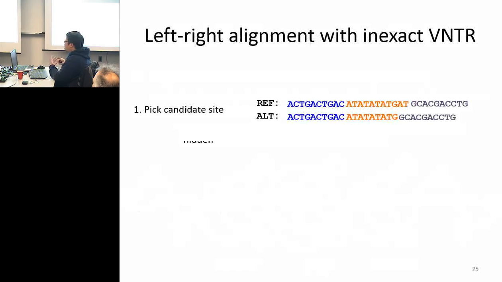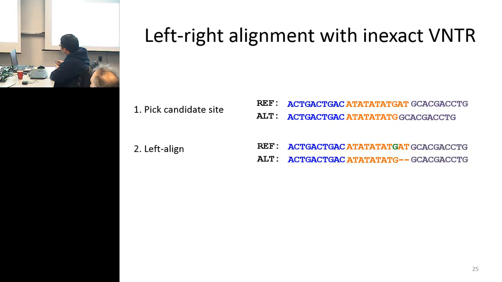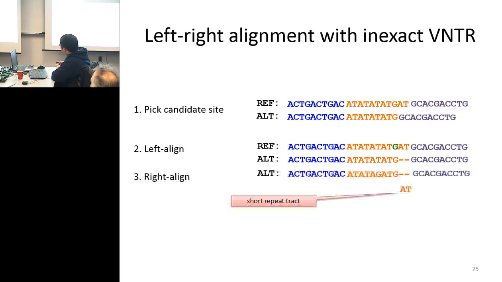So how does this work? We have the first step again, the left and right alignment. But unfortunately, because of this little change here, the G, that's an addition of a G, we only extract a little portion of the repeat track, which is AT here. Assuming that we did manage to get the basic motif, which we'll actually figure out then,